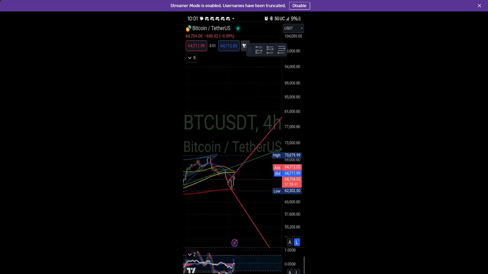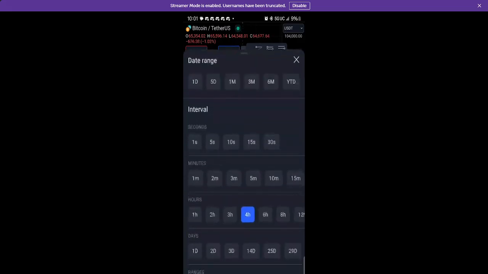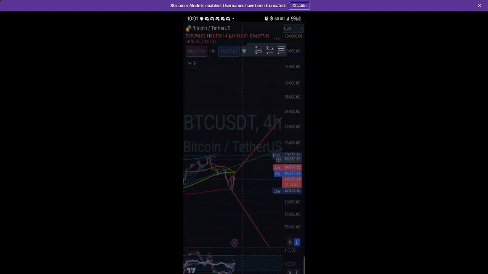So it's going to, in my opinion, come down to test the lows down here. It's going to break that low of 62, freak everybody out, test somewhere around 61 or 60. If we break this, that's where the higher time frames come in. We pop over to the 3-day, where we have,